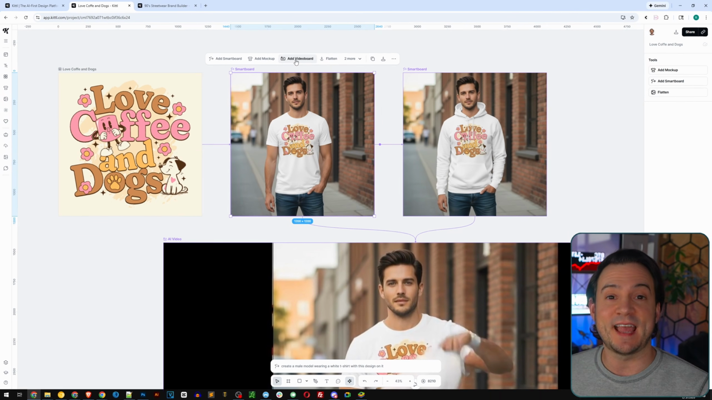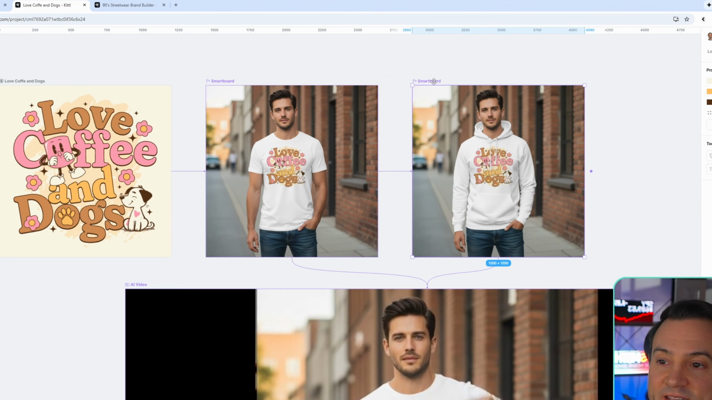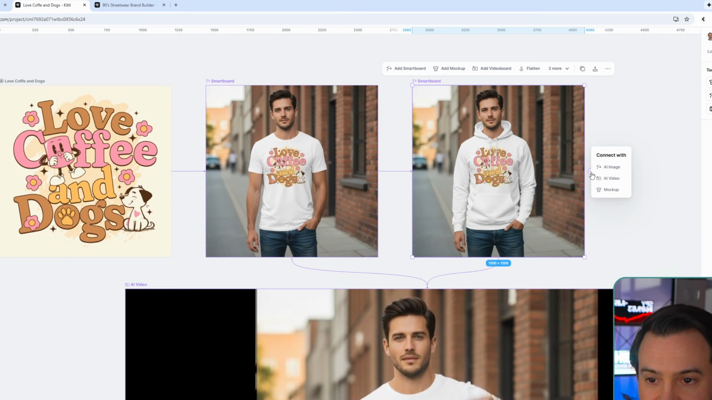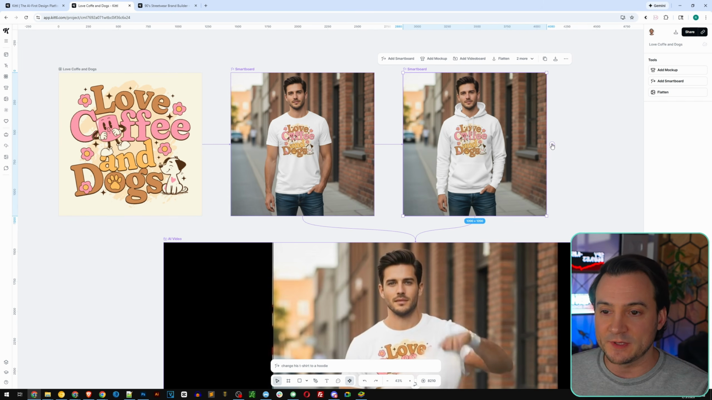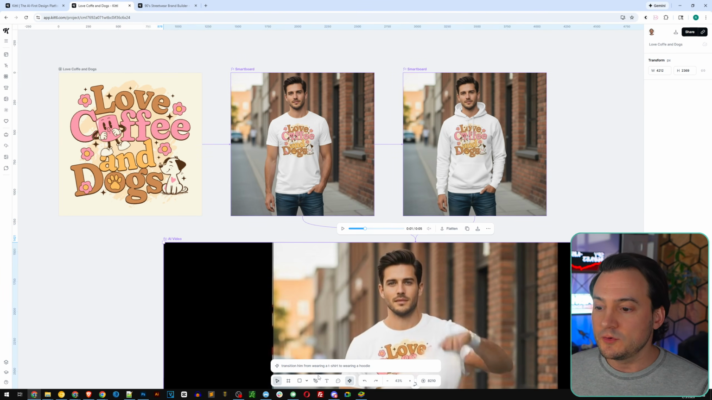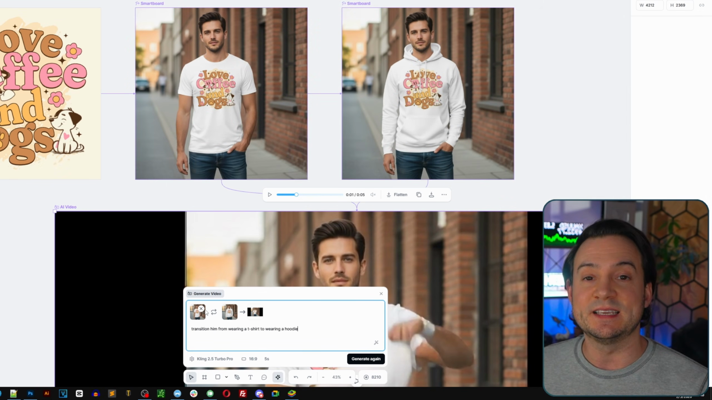When you do that, it'll send that static image to the video board, but then you're gonna want to select your second smartboard, and you see the dot over here to the side. If you click that, you're then able to connect it with AI images, mockups, or AI video now. So I went ahead and I simply dragged that dot down here to the video and connected it that way. When you use this approach, it will pull in both of them that you can select as the start frame